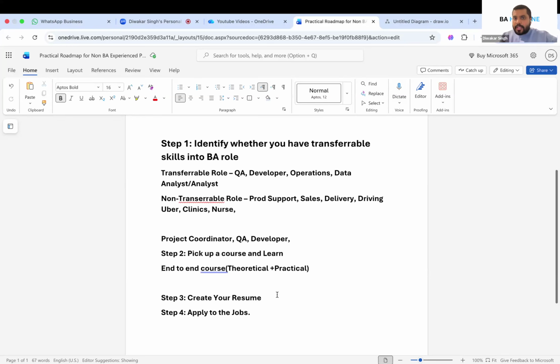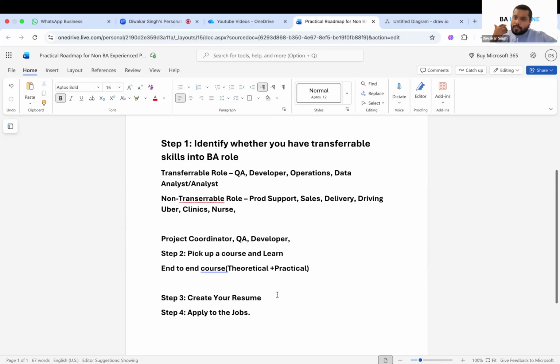Join the job groups. I'll put the description of my job group in Telegram, where I share jobs whenever I come across them. There are so many similar job groups on Telegram, WhatsApp, LinkedIn, and Facebook. Try to join those groups, because most people post there, and it's a good way to apply for jobs, apart from applying through Naukri and the other usual mediums we follow.